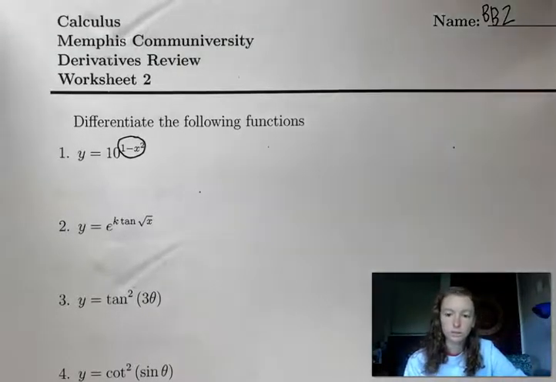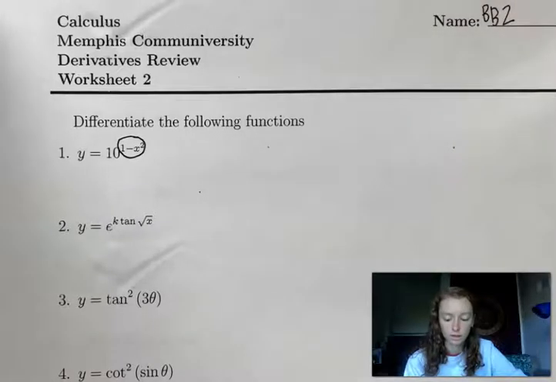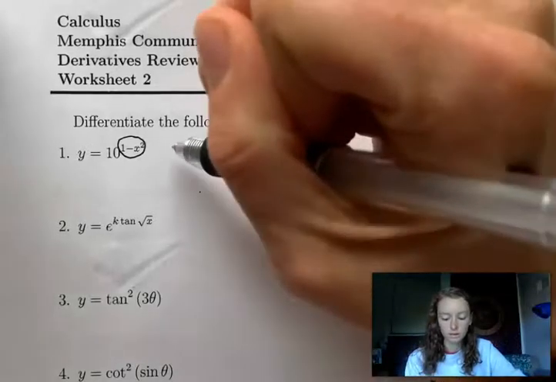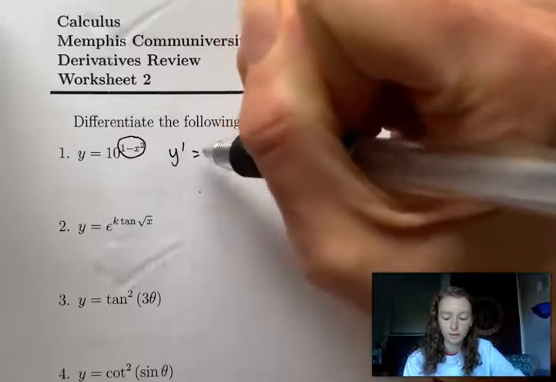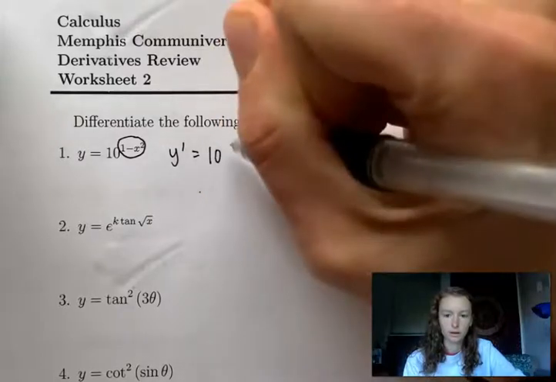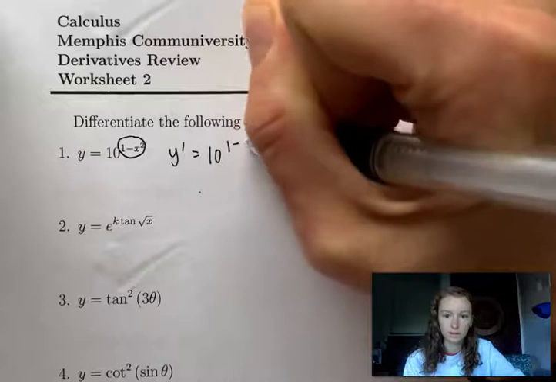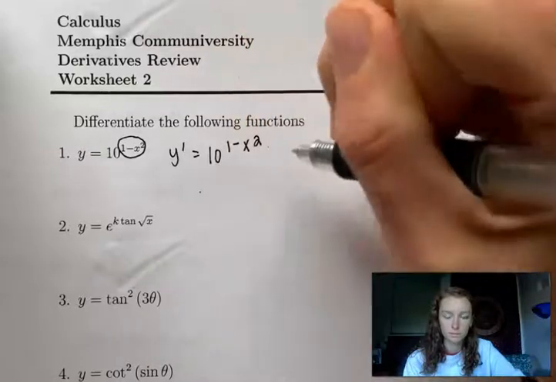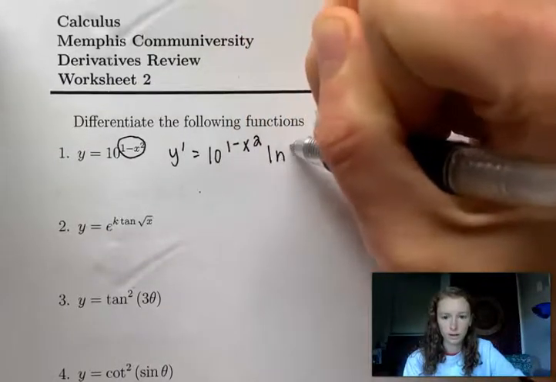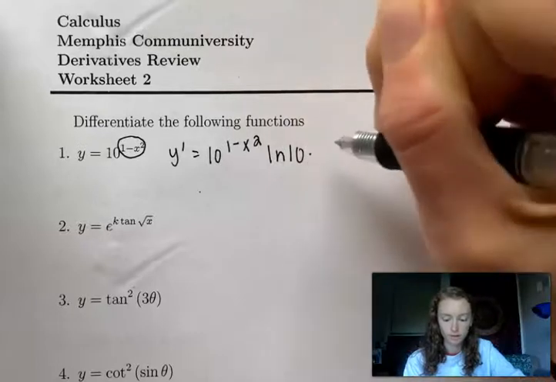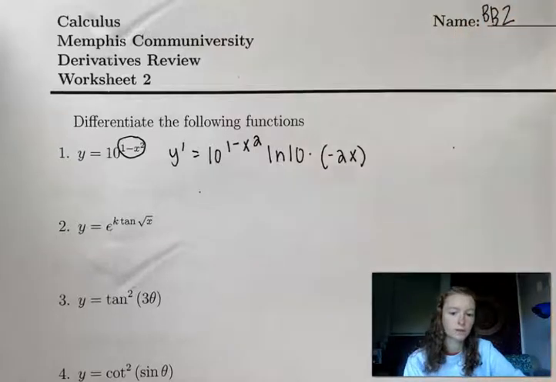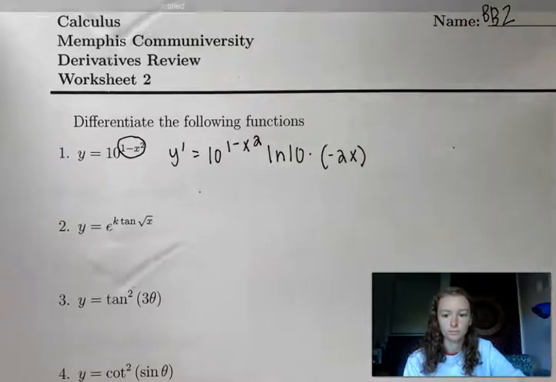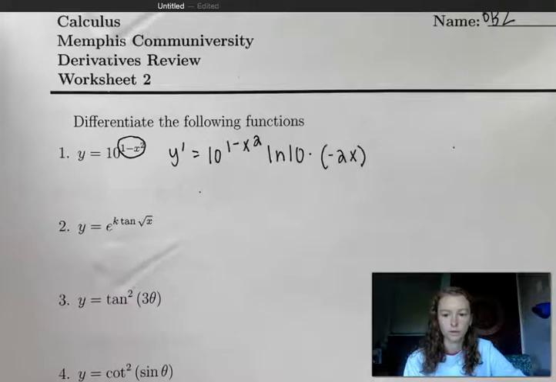So what we're first going to do is the chain rule. So we say the derivative of the first one, a to the x, so that's 10 to the 1 minus x squared. And then the derivative of a to the x is ln a. So then we're going to multiply by ln of 10, and then times negative 2x, which is the derivative of the inside function. Okay, so